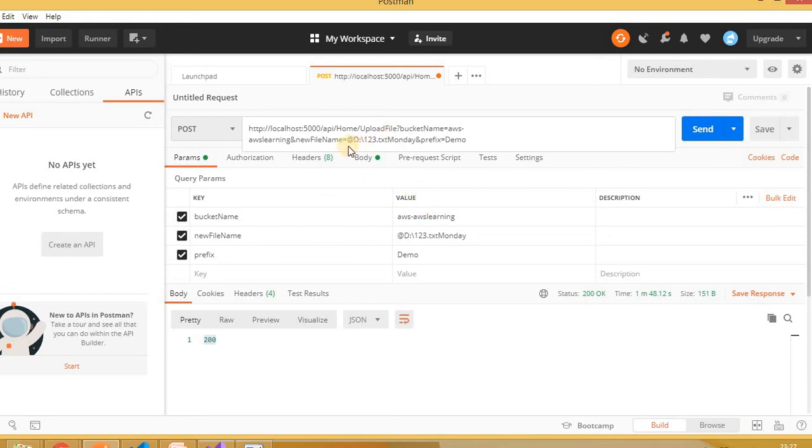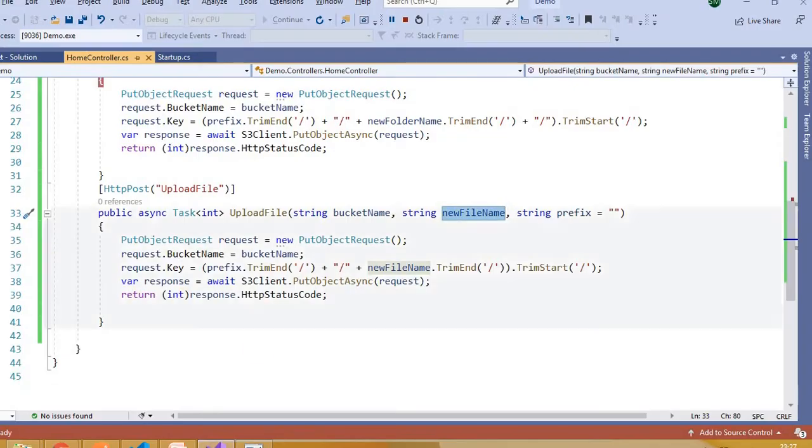To pass the path I will use @ here, and now where I want to upload this file, I want to upload it inside demo. Then here it's Monday, right? Now let's put the pointer here and see what type of value will come here.